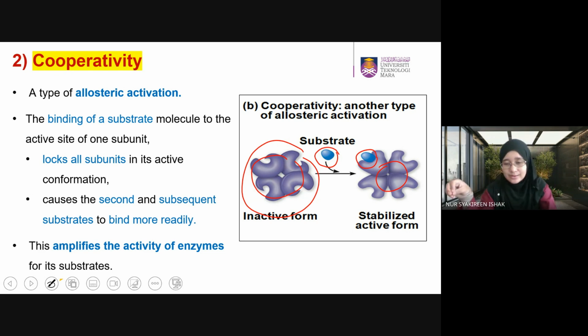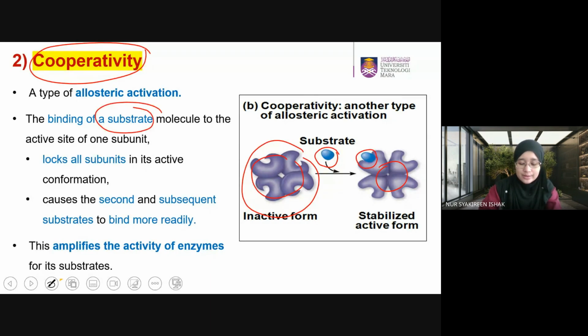Allosteric regulation is through the regulatory molecule binding to the allosteric site. But for cooperativity, the word that you want is substrate. One substrate binding to one of the active sites, causing all the subunits to be locked